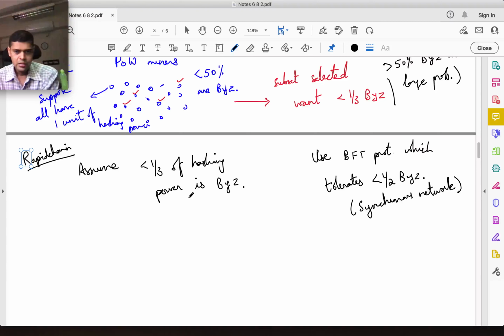Now you can show that with high probability, you can mathematically calculate that if initially you are starting out with less than 1/3 being Byzantine, then with high probability you end up with a pool of nodes where strictly less than half are Byzantine. But it's not a guarantee, it's just with high probability, right? So maybe 1 in a million chances you will have more than 50% who are Byzantine,